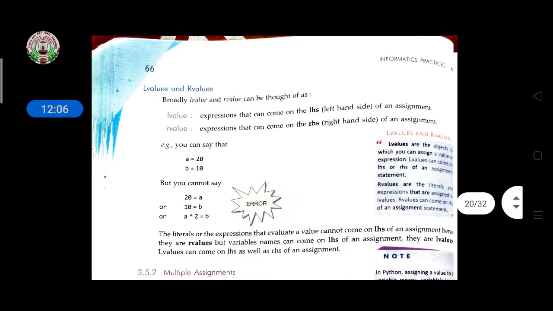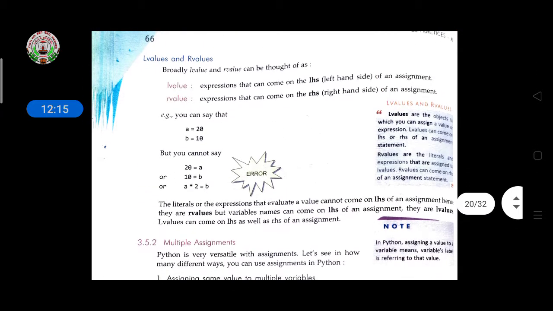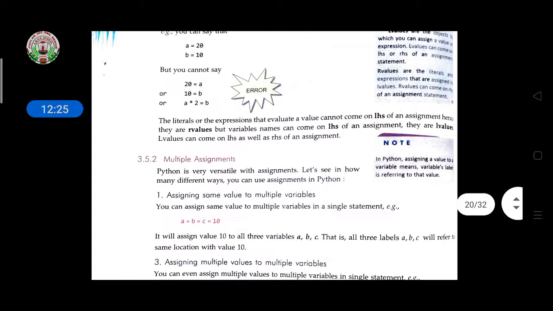Then L value and R value: the values given on the left hand side and right hand side are known as the L value and R value. And listen here, the value will be swapped also. If you give the same value to all those variables, then it will give the equal value to all the variables. It is given here.